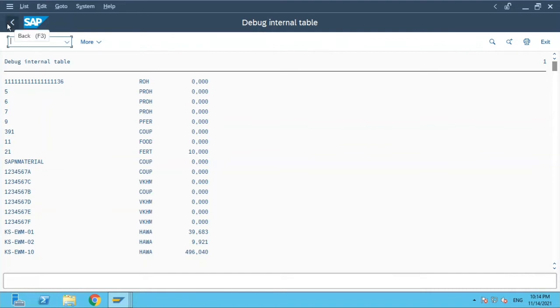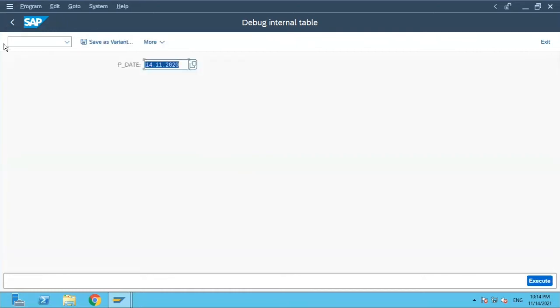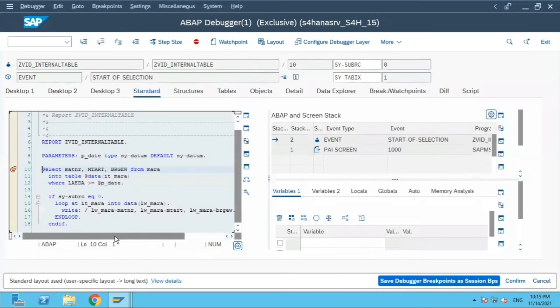Now, how will you change the value of a particular column for a particular row? For convenience, I will copy this material number for our reference and I will again execute the report.